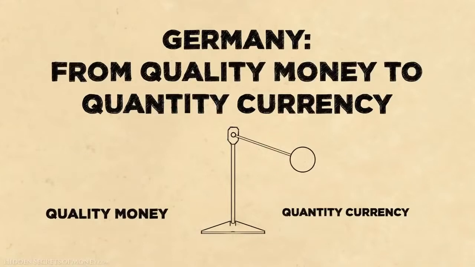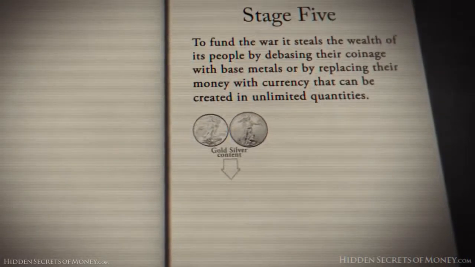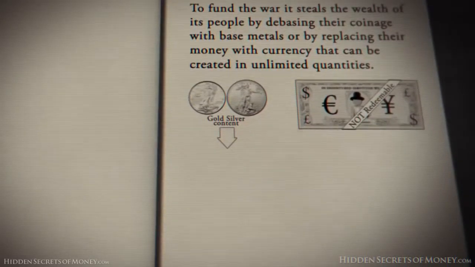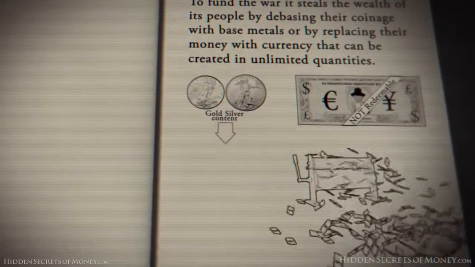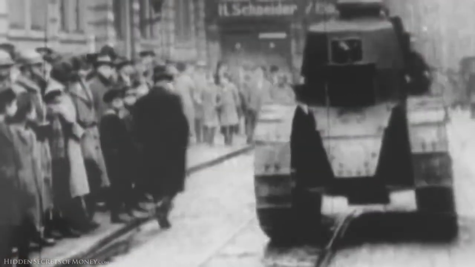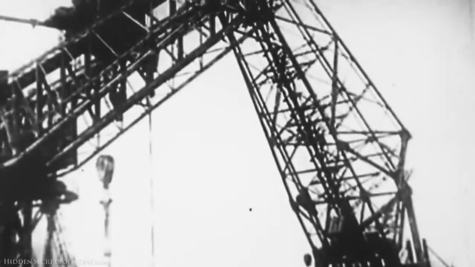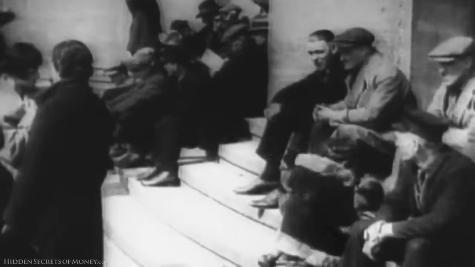As we learned in episode 2, one of the first things a country does at the outbreak of war is to suspend redemption rights so that their currency is no longer redeemable in gold. This is exactly what Germany did before World War I. After losing the war, they suffered through one of the worst hyperinflations on record when they were burdened with massive reparation payments to France and the Allies. These heavy penalties stifled the German economy and brought it to a standstill, leaving the country with the same two choices all indebted nations have faced throughout history: default on their debt or inflate it away.